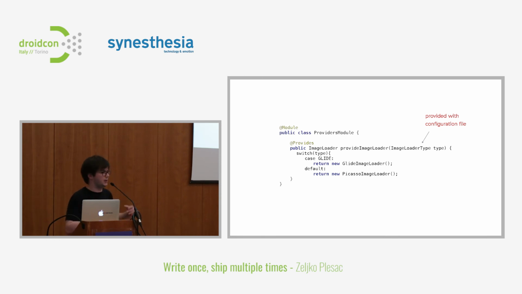And then you provide implementation of those interfaces either in configuration files or in Dagger modules, and stuff like that. And these implementations are then specific either by your product, or you can provide a default implementation. So let's say, for example, that we want to provide implementation of that interface, and based on some value obtained from the configuration file, this image loader type, we can switch easily between Glide image loader, which will load those images using the Glide library, and Picasso. And this is an awesome way to